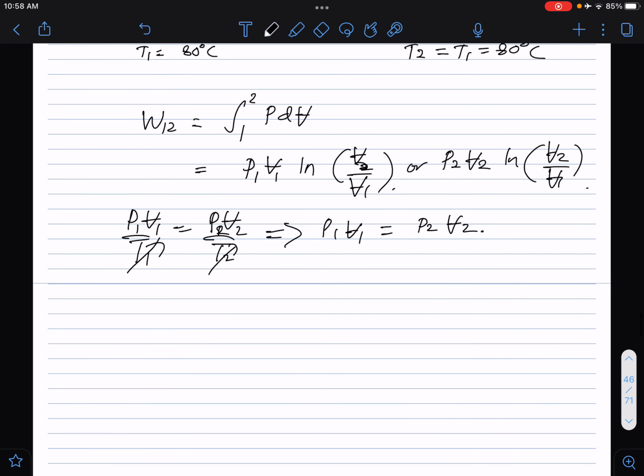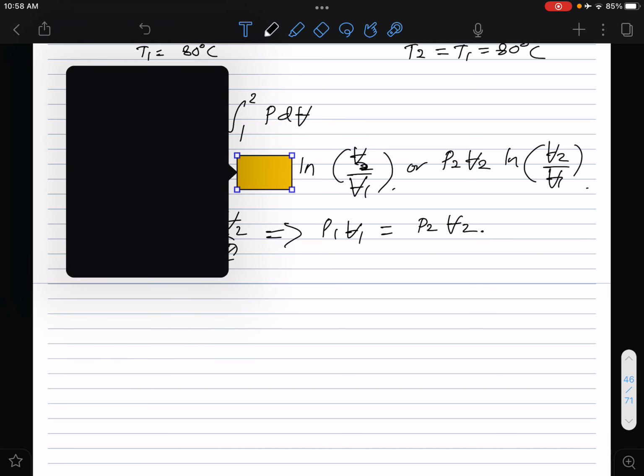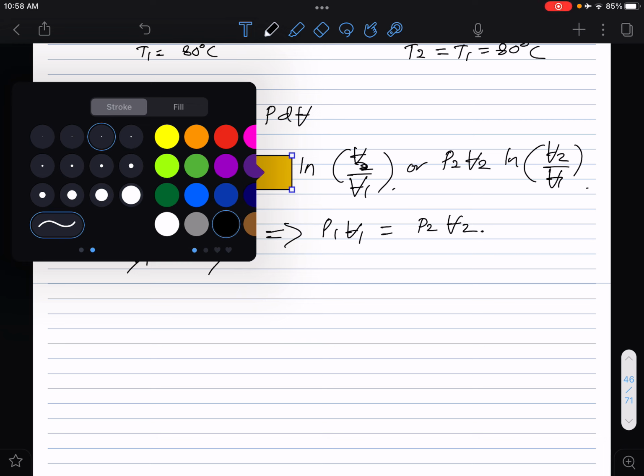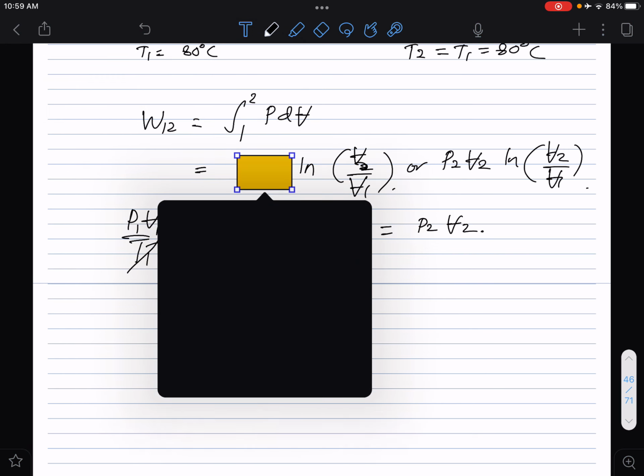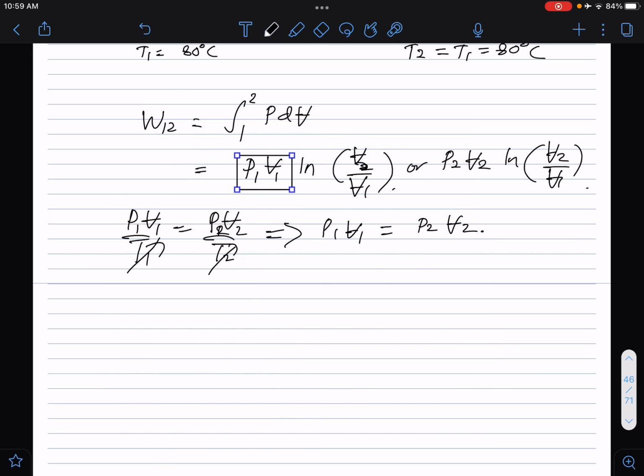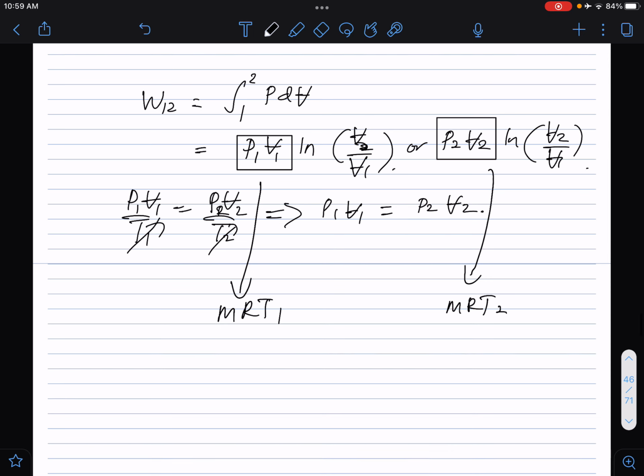Besides, you can also replace this PV with mRT1, or P2 V2 with mRT2. Okay, all right, so now